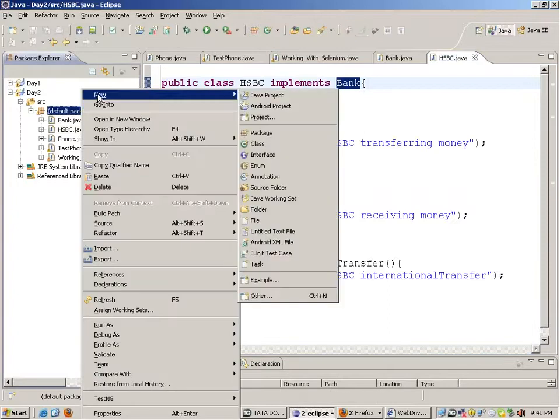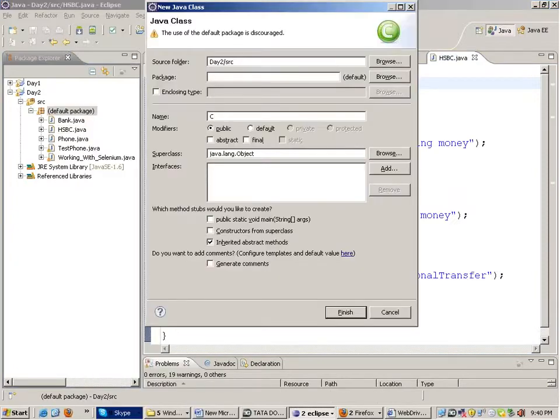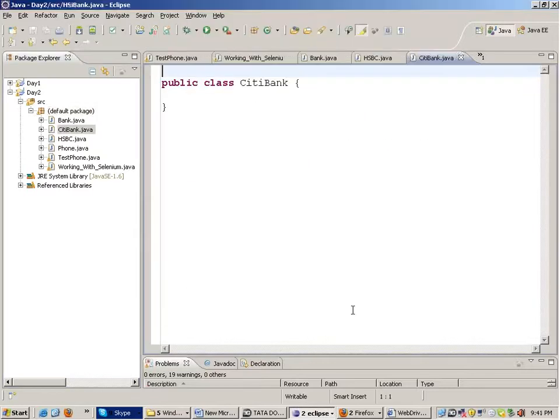Okay. Now I will create one more class, say Citibank. Now Citibank is also a bank. Okay, it will also implement the bank interface.